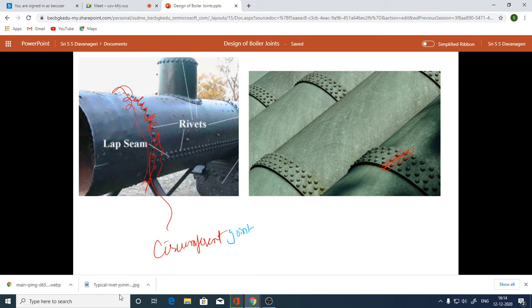Now the joint which is made here, just look. This is a practical example of a boiler. The joint which is made along its length is called a longitudinal joint. These are the pipes, which are connected with the help of a butt joint. If you look at the connection here, it is double riveted. We don't know what is inside the cover. It is a double riveted, single cover butt joint, right?